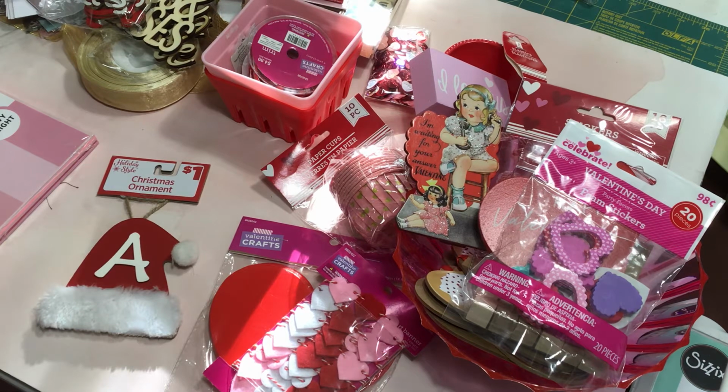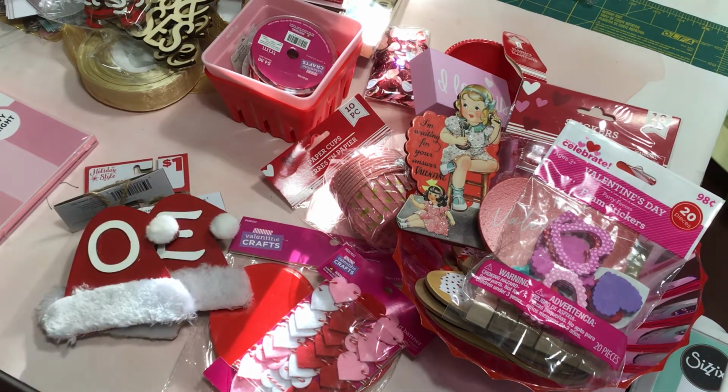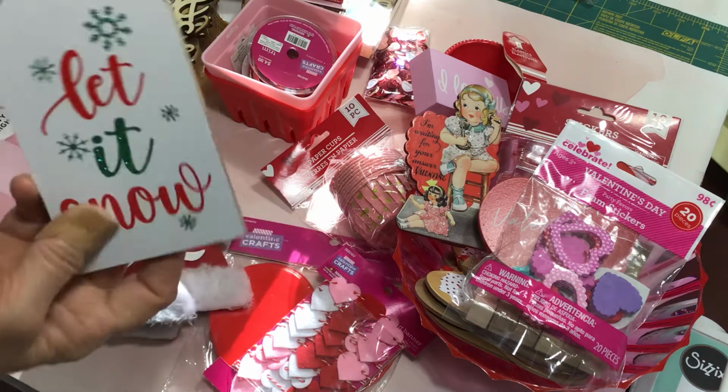Here are the rest of them. And a whole stack full. They have different letters on them, but those are coming off. I won't be using those. Okay, they also had these, and these are even thicker than the hats. These are